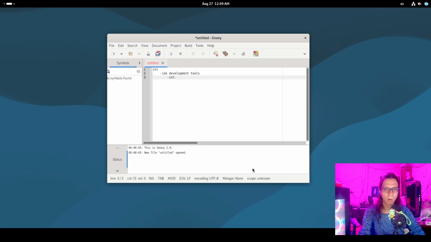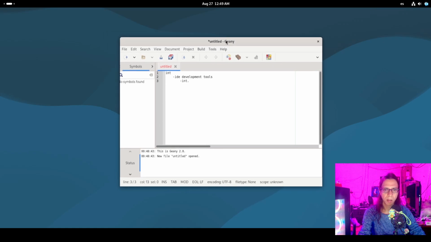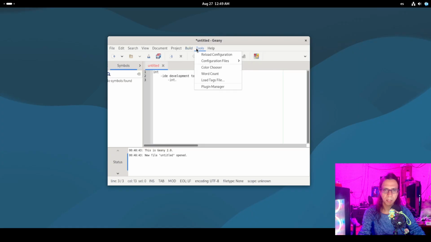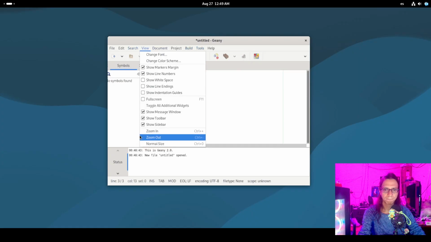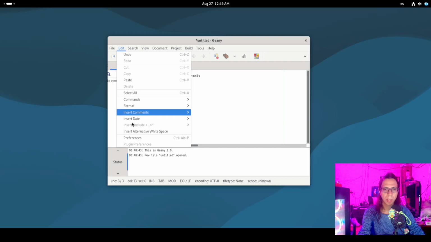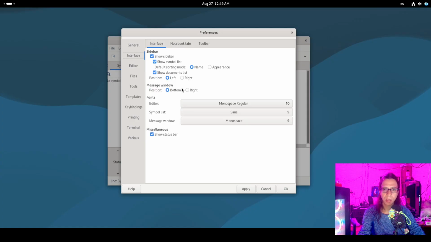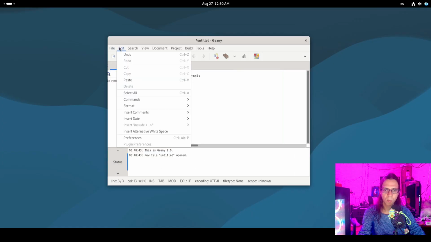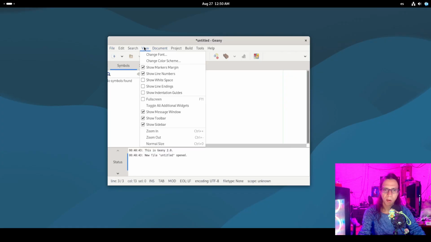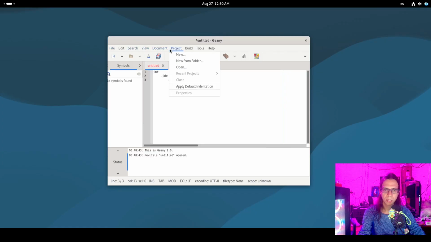So you can start writing your code right here, and it looks really neat. You can build, you can edit preferences, you can edit the color, the interface. Here we have the interface, if I'm not mistaken. You can change it from the light theme to the dark theme. I don't remember exactly where, but yeah, view, search, document, project,